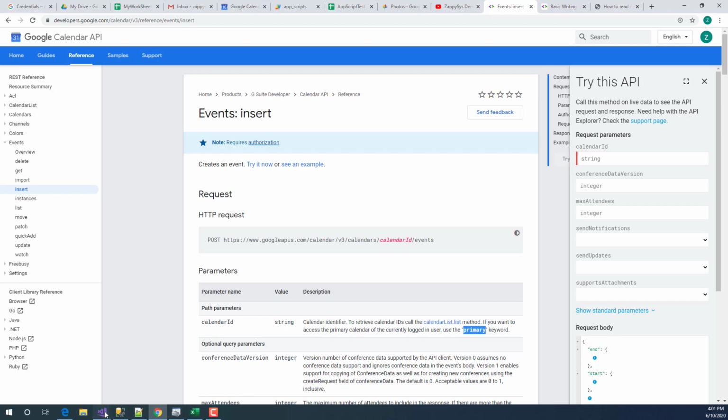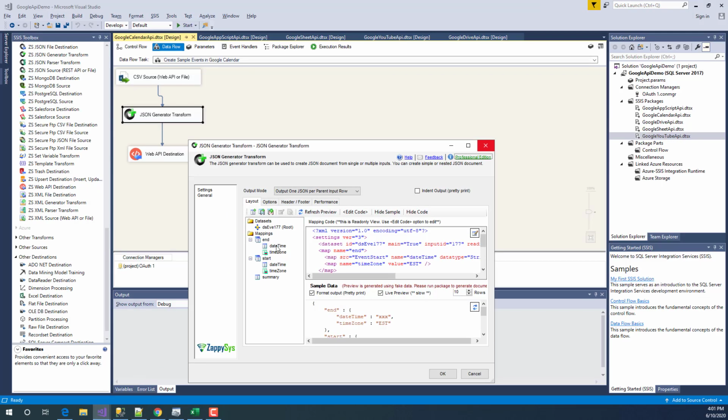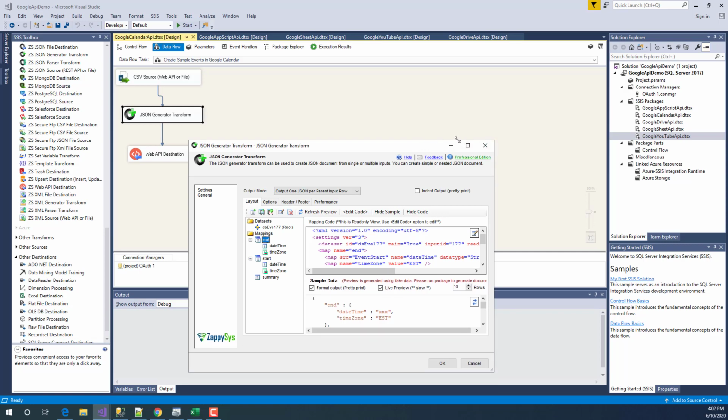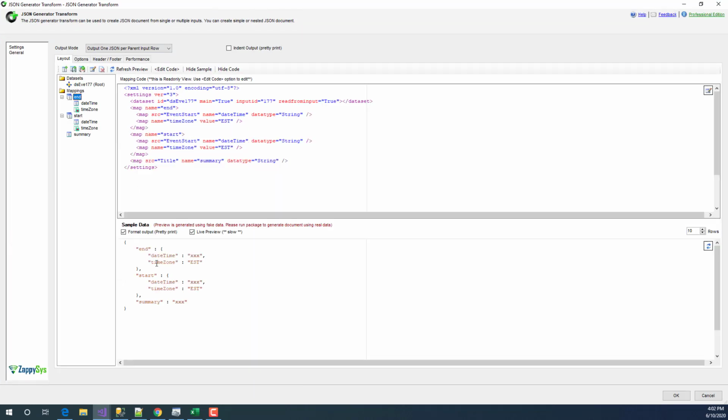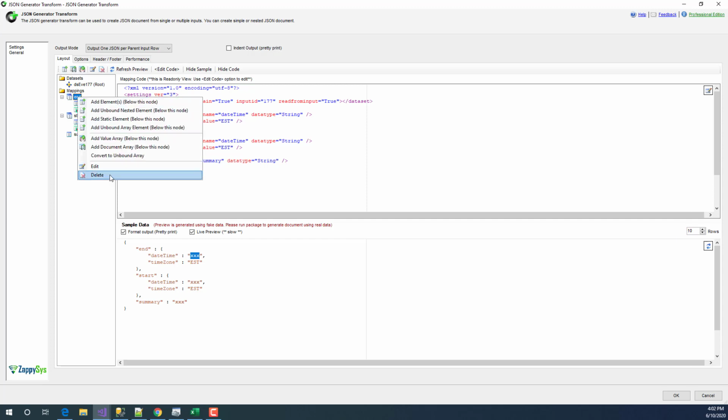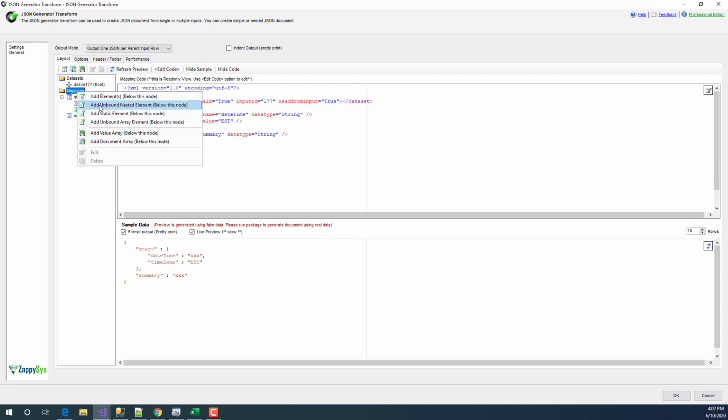So let's get back to our Visual Studio. So basically I need to create JSON like this, and start, and then summary is basically the title of that event. Okay, and you need to supply the time zone. So what we have done here, we can actually create, let's say I'm going to delete this, for example, end part, right? You can create just an unbound nested element,